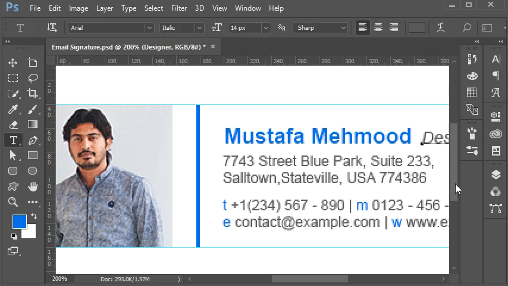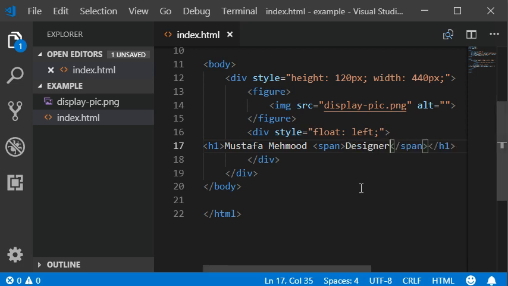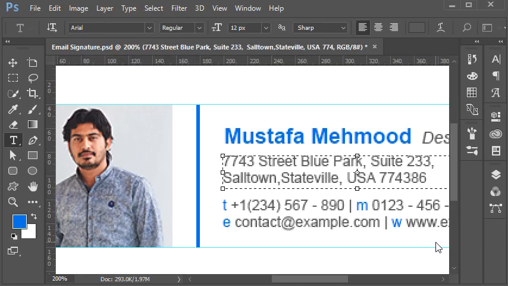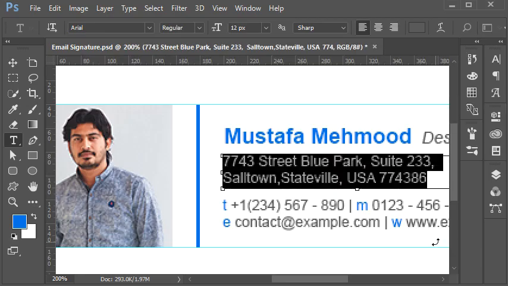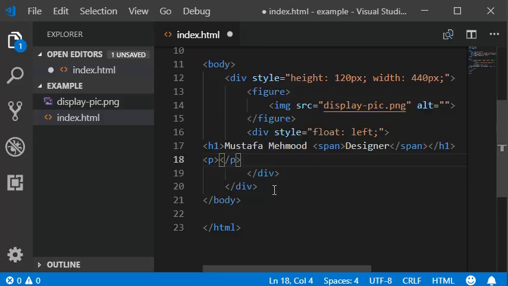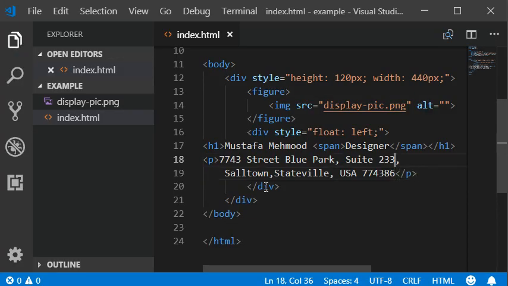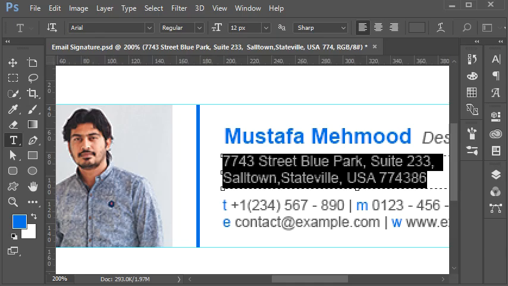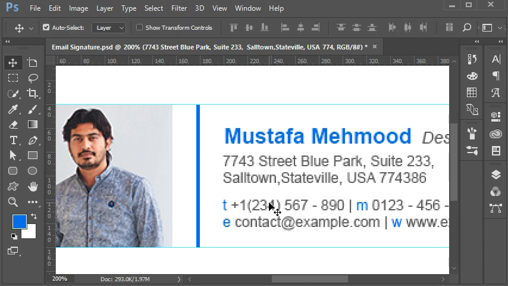This is my designation. I'm going to copy this and paste here, then after that I'm going to add a paragraph for the address. Copy this and then paste here with the BR tag for line breaking, and also I'm going to add